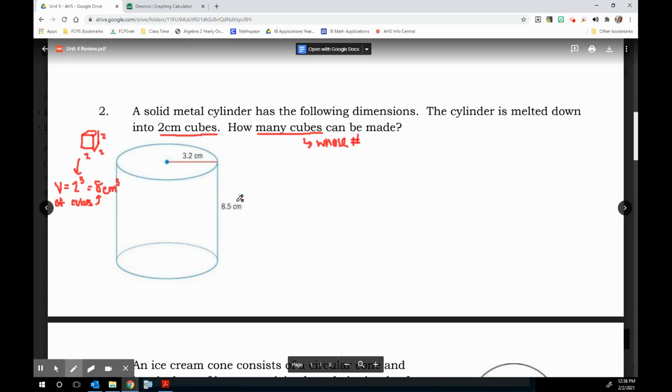So figuring out the volume of a cylinder, we can look to our formula booklet to figure out the formula to use. And it is pi r squared h, which is basically just the circle times the height. So pi times my radius squared times the height. And I get about, remember not rounding too much prematurely, I get about